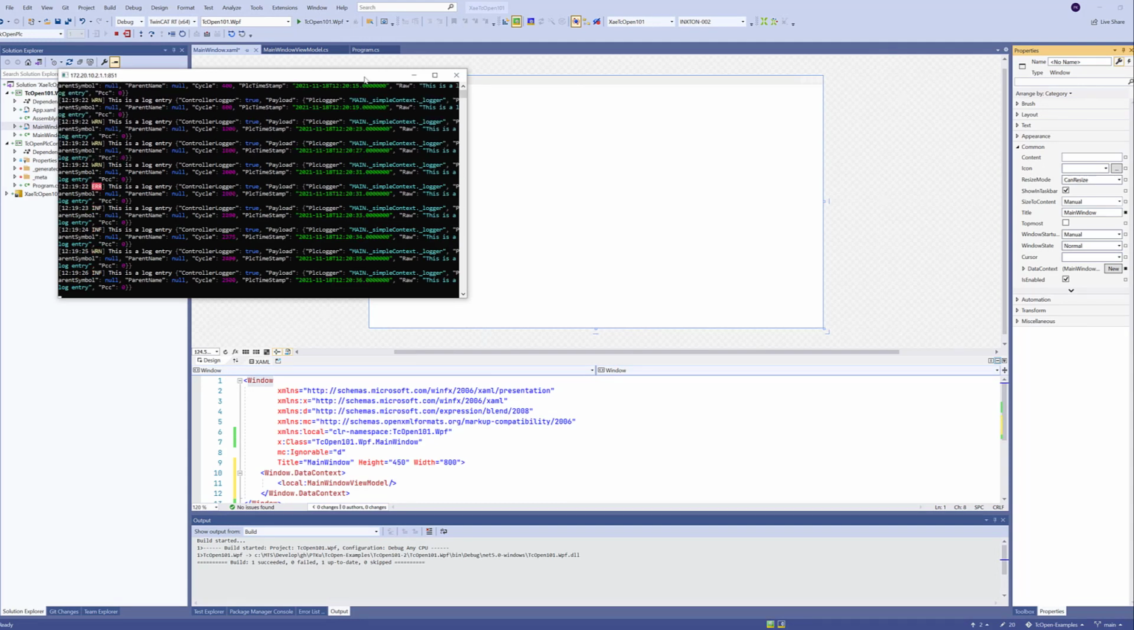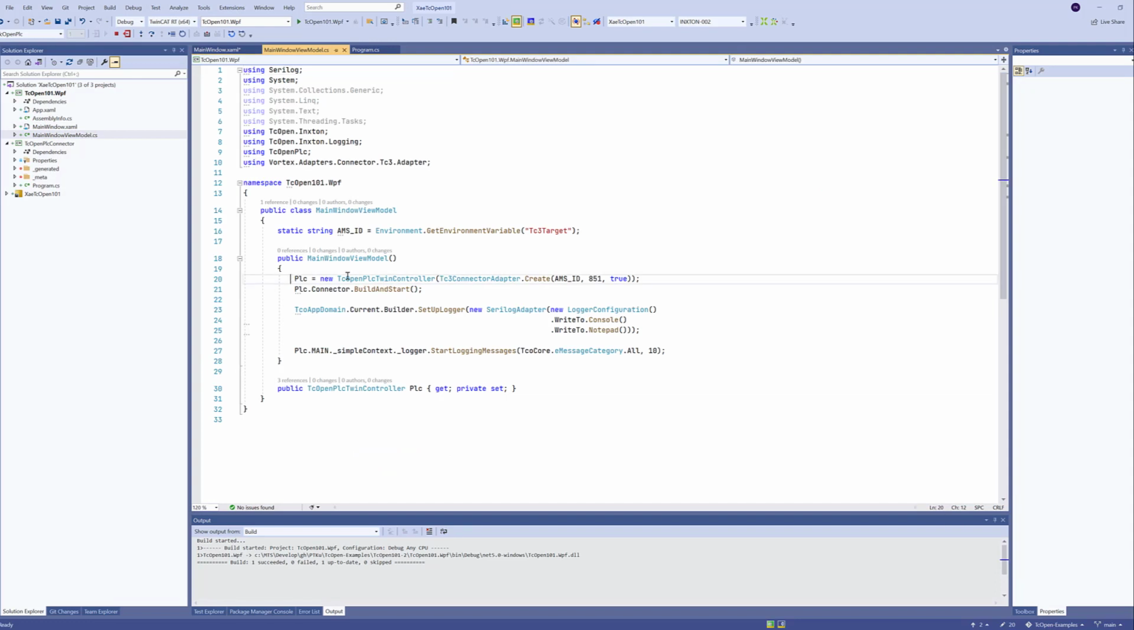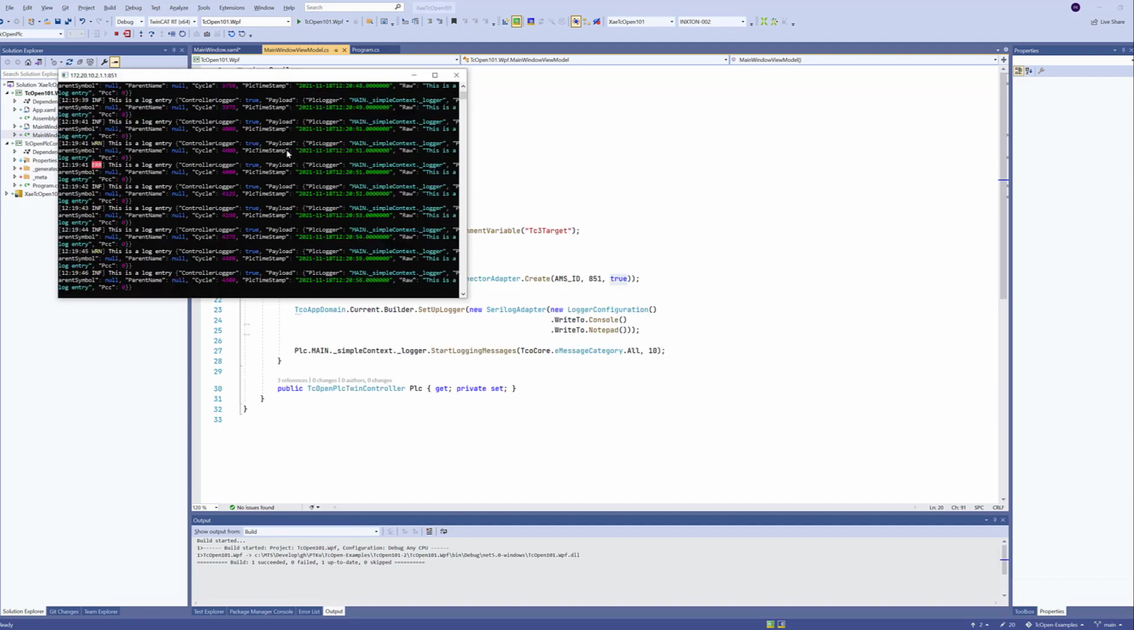What just happened is that our view model created the PLC twin. It started the twin controller operations, and since we have this parameter true, it opened this console, and basically it is running, retrieving the logs from the previous setup we had. Okay, so now